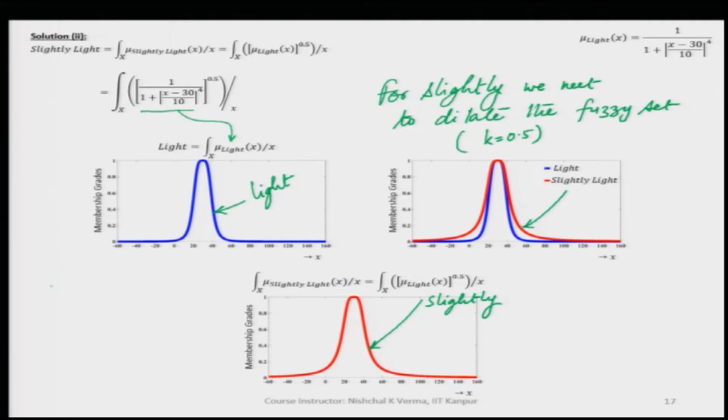So, either we say slightly or more or less, we need to dilate the fuzzy set. For slightly light, we dilate the original fuzzy set light, and the composite fuzzy set for slightly light is shown here in red color.